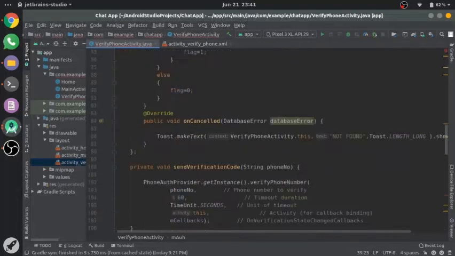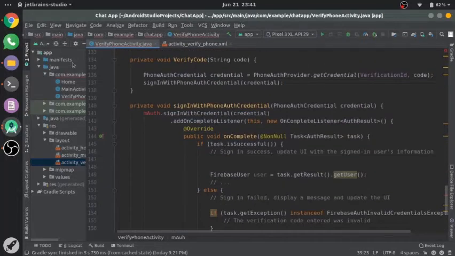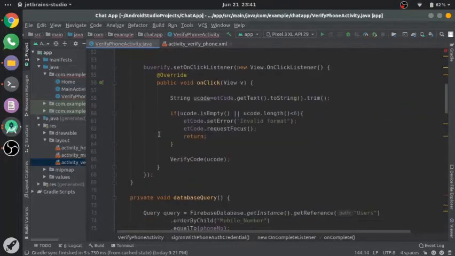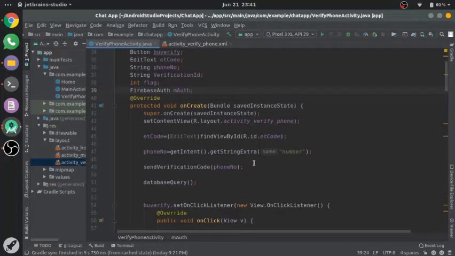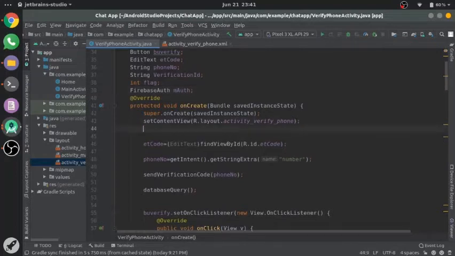Copy the name as it is. Okay, and instantiate this mauth. You can instantiate here. Mauth equals Firebase auth dot get instance.